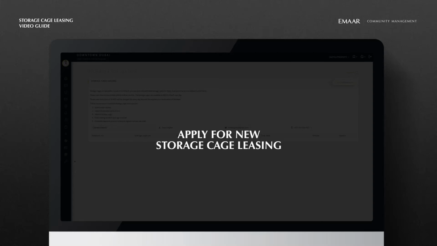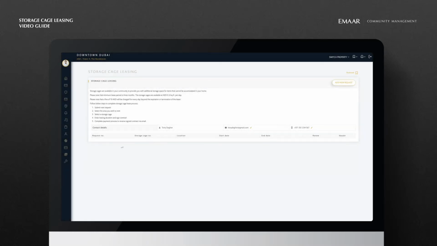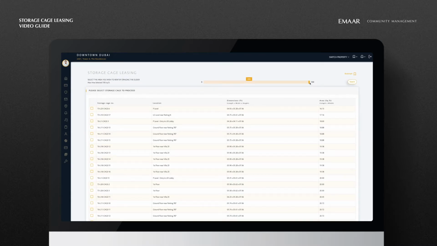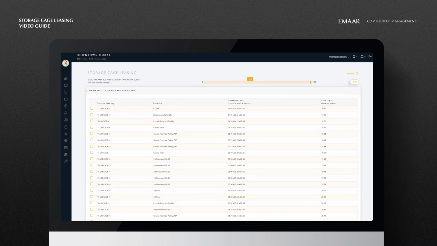To request for a storage cage, click on the button that reads Add New Request. Select the size range of the storage cage that you wish to rent by clicking on the bar and then click on the search button to view the available options in that size range selected. This list will show the storage cage numbers, location, dimensions and the area of the available options for you to